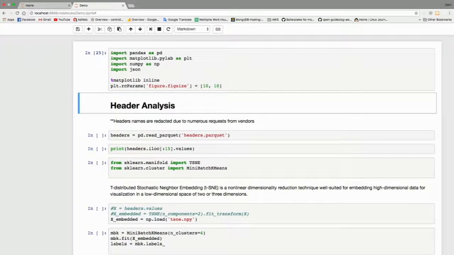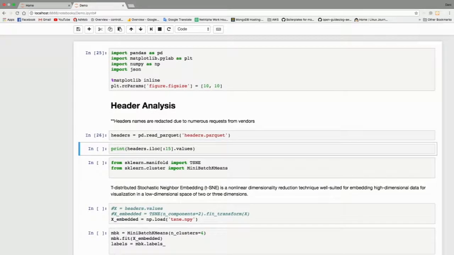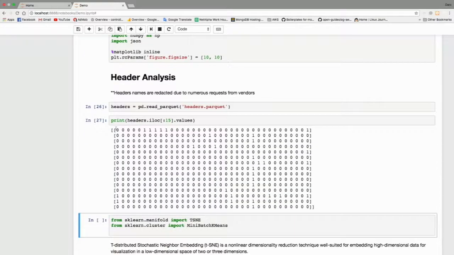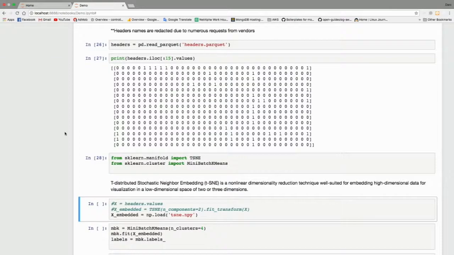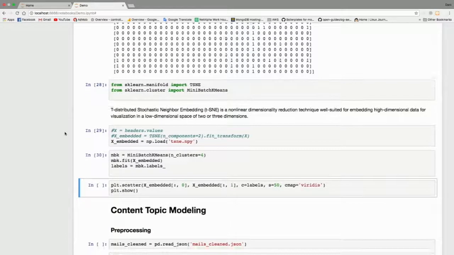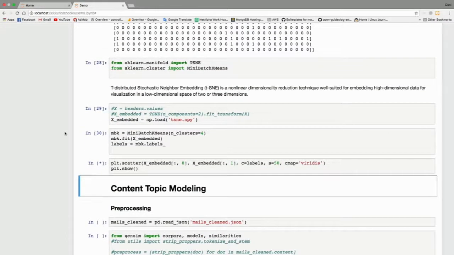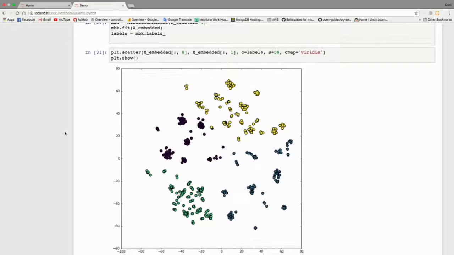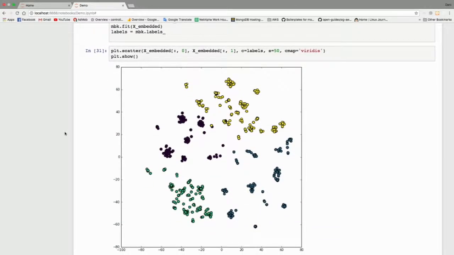Better? Right. Yeah, so quickly we'll go through header analysis, just looking at the headers to see which products were leaking. In order not to show the headers, you can see it's all ones and zeros. Every email basically has a sparse array where one means it has a header name inside. I'll quickly go through it because we have 2 minutes left. This is a scatter plot after embedding and clustering all the emails, and you can see there are about 4 products that are leaking, and they're pretty closely together with the colors.